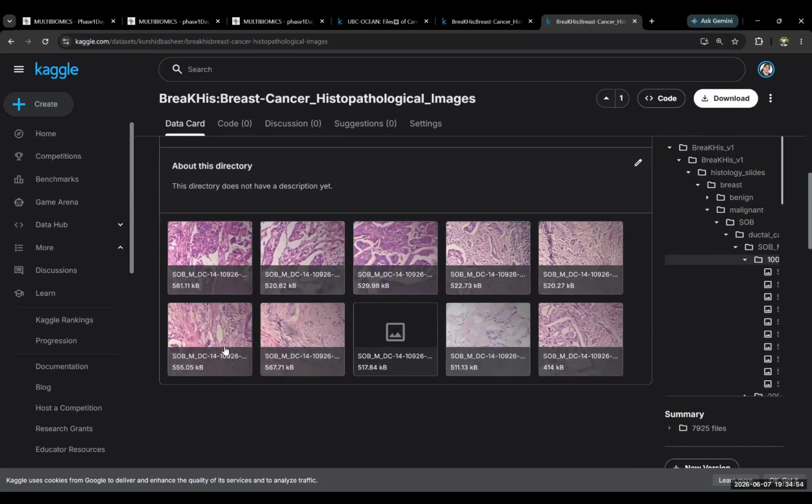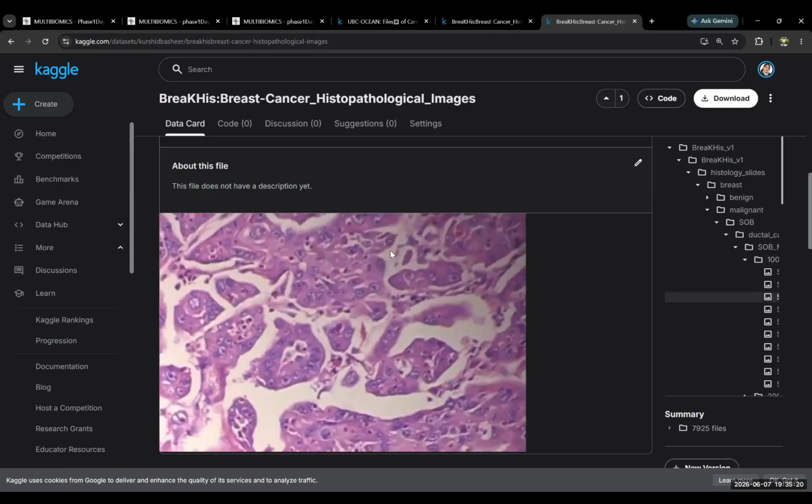So which one shall I open where you can see round patterns? Tell me which one, you tell me, I'll open it. The second and third one, where the patterns are visible for you and you are confused whether this is benign. Shall I open the third one, or the second one? Okay, third one I'm opening. So you are thinking now these are the patterns. Are these looking like glands?